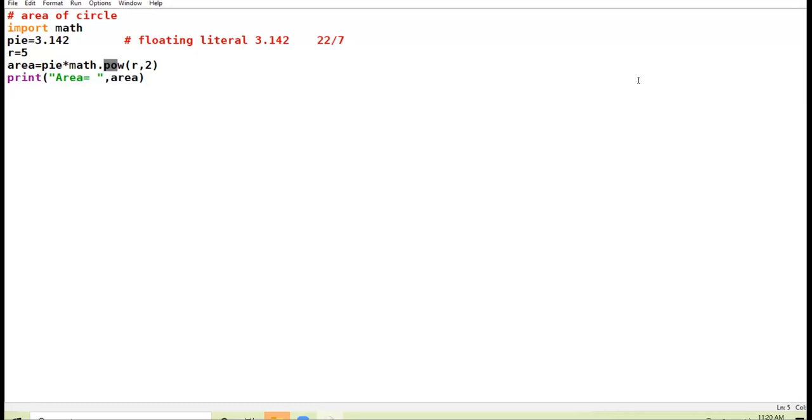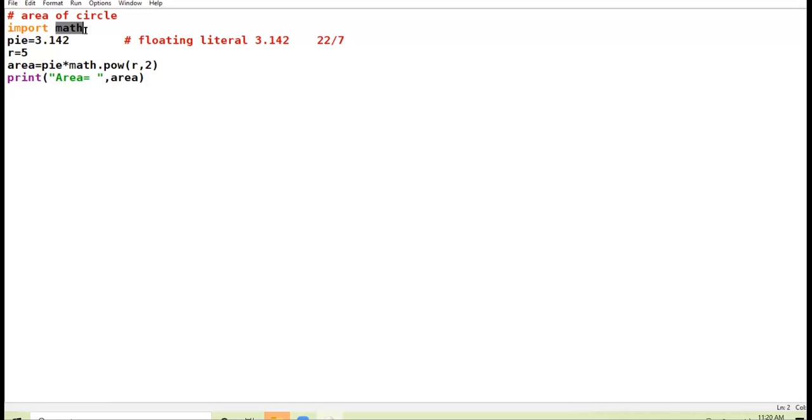सर एक बार दोबारा बता दो. I am using inbuilt function power. This inbuilt function power in Python is stored in math module. अगर कोई ऐसा फंक्शन है पाइथन में जो कि इनबिल्ट है और किसी मॉड्यूल के अंदर इनबिल्ट है, तो आपको वो मॉड्यूल प्रोग्राम में इंपोर्ट करवाना पड़ता है.